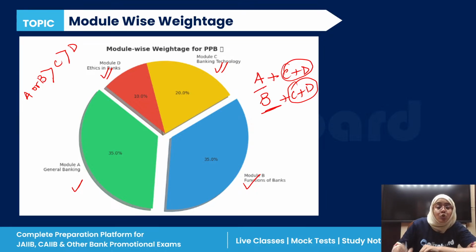A or B. Okay, choosing A over B or B over A doesn't mean you have to leave any module. Please be very clear, you don't have to leave any module because we have enough time to complete everything, right? But yes, priority should be given. If I'm giving it to A, then I have to go very deep in A, C, and D. If I'm choosing B, then I have to go very deep in B, C, and D to cover my examination.